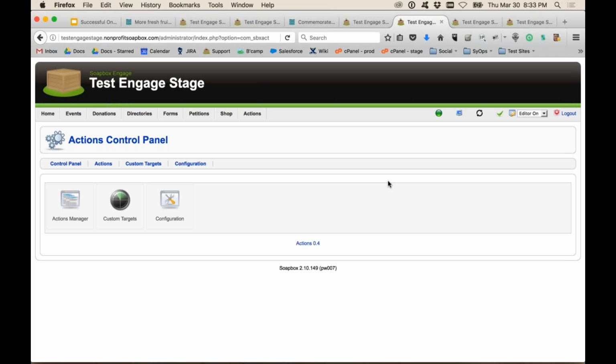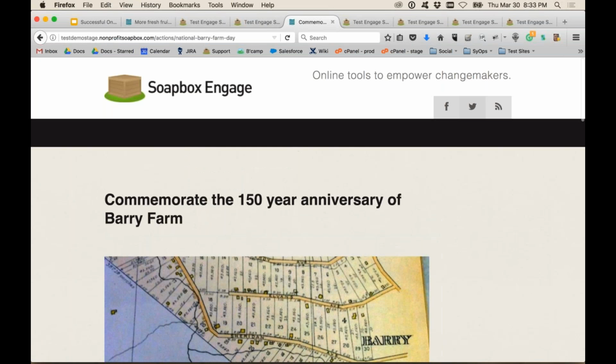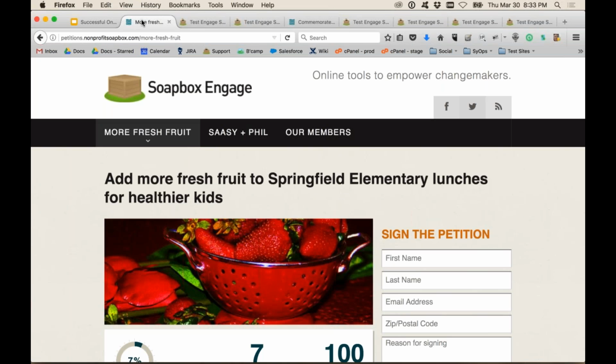In addition to creating these various forms and making them accessible through your website by customizing the URL, you also have the ability to use UTM codes in conjunction with your Google Analytics account, should you have one, that when you send out, let's say,